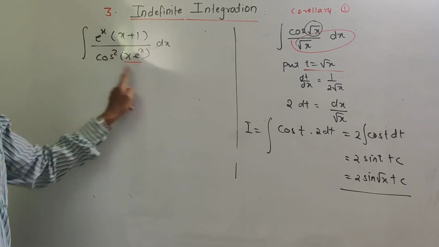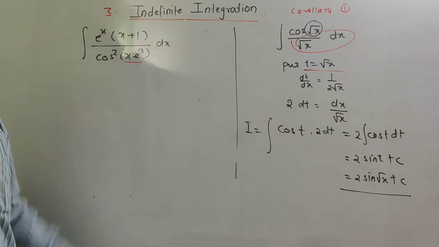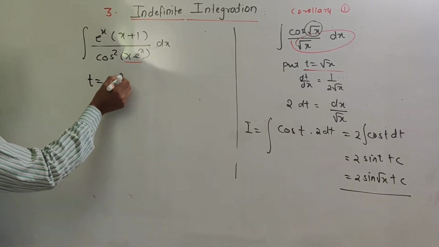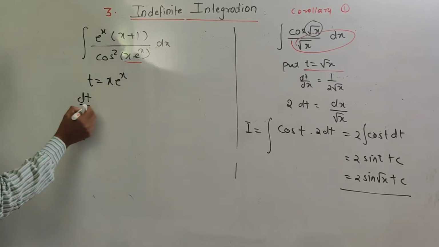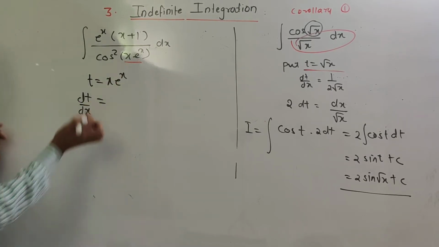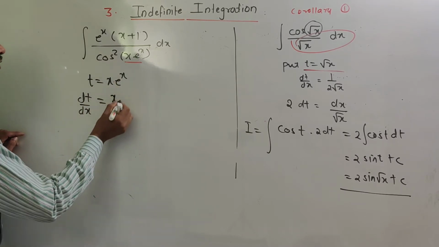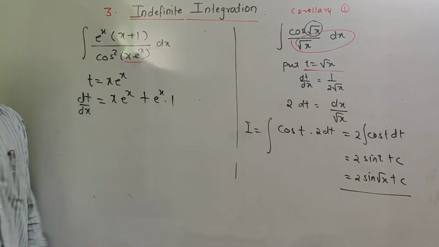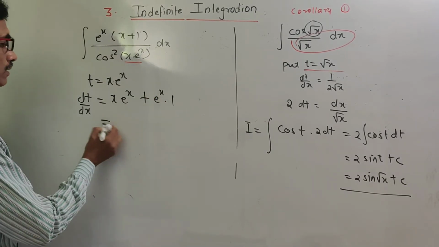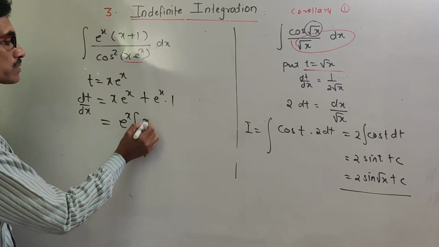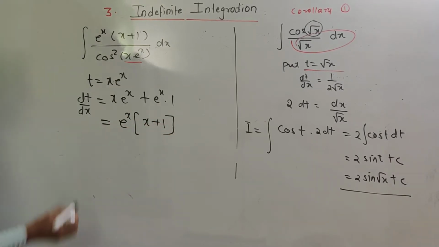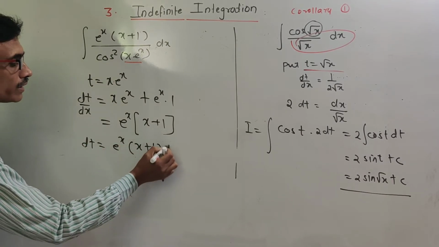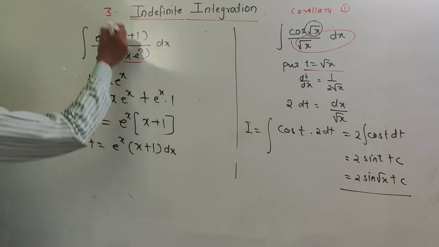तो इसका मतलब this will be our substitution, क्योंकि इसका डेरिवेटिव न्यूमरेटर में है. So our substitution will be this. Put t is equal to x e raised to power x. Therefore dt by dx is equal to, प्रोडक्ट रूल है यहाँ पे, x डेरिवेटिव ऑफ e raised to power x प्लस e raised to power x into डेरिवेटिव ऑफ x which is 1. e raised to power x common, x plus 1 it will be, and this will give us dt is equal to e raised to power x, x plus 1 into dx, which is there in the numerator.